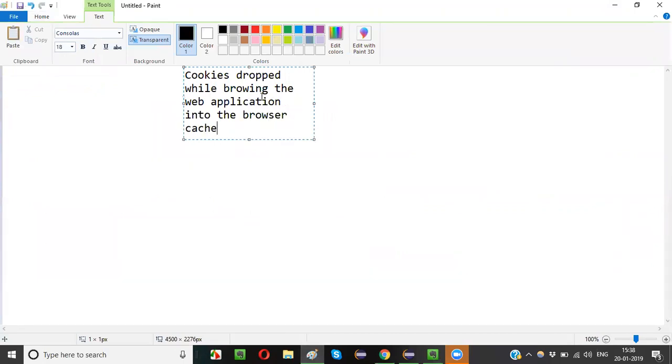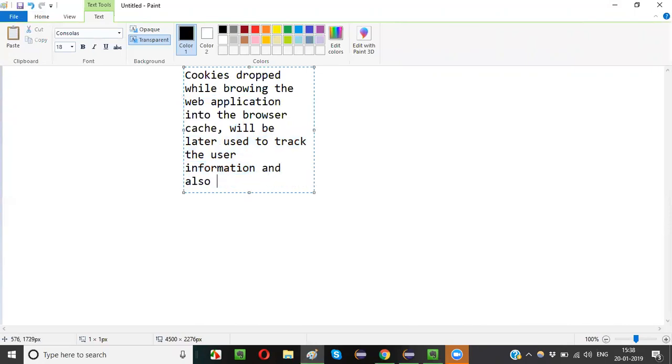Okay, the cache will later be used to track the user information. Okay, who is the user who is browsing this application? Whoever the user is who is browsing this application, the details and information of that particular user will be tracked by these cookies,